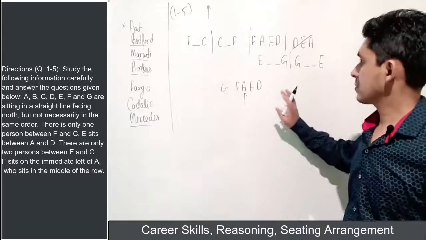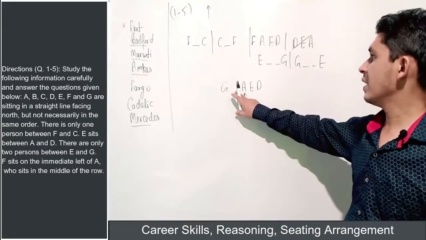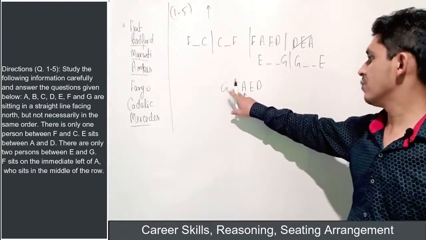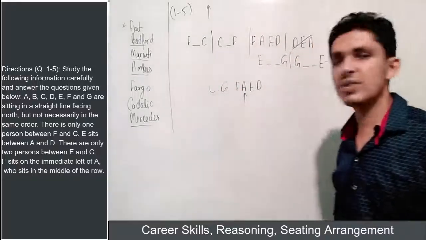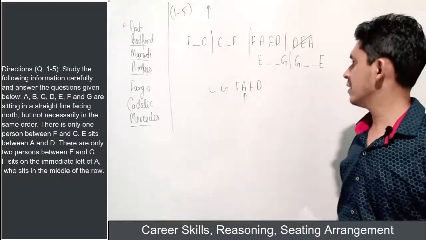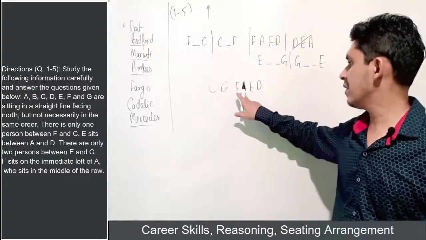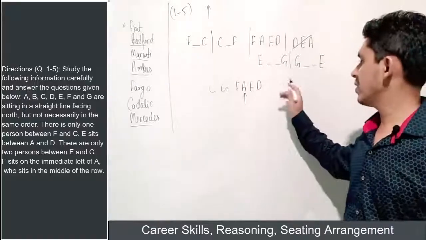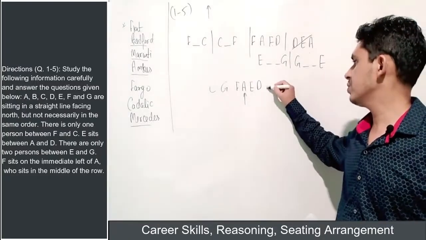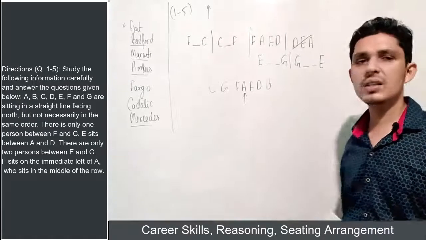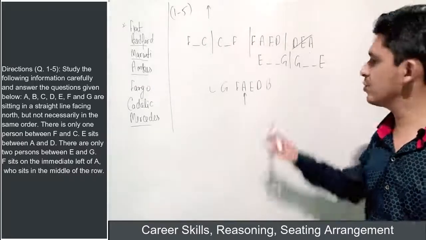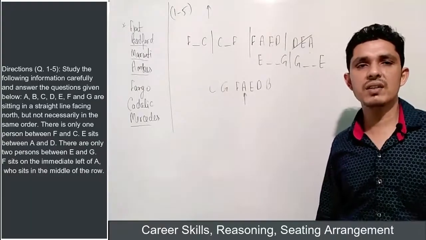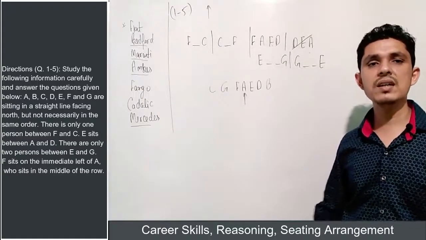Thereafter, F and 1% C, that means 1% between F and C, so this must be here, right? And on the left of A we have already placed 3 people. On the right of A there must be 3 people, so the person that is remaining is B. So our final arrangement should be this, right? So once the arrangement has been made, we can give the answers of the questions very easily.